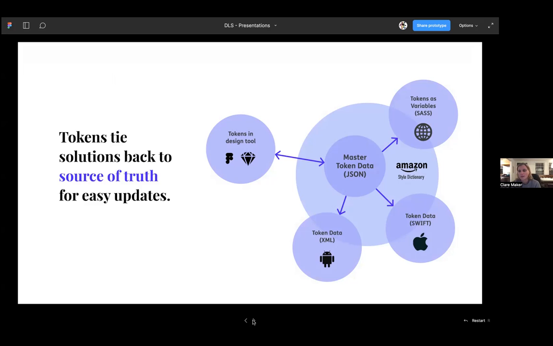But yeah, when we look at this, we can see all of these products are mapping back to that source of truth, that very core JSON file. So when brand styles are inevitably changed, or even like Chris started to talk about, we have a different brand or a sister brand or a white label product, rather than requiring developers to go and revisit each product, we can update that JSON file at the core, and all of the products, regardless of platform, can receive those updates.